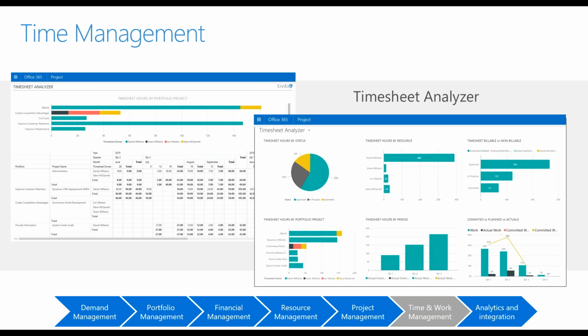And then if we capture this information on time-phased actuals against our projects, we can start getting some very rich time management information. Reporting that's available in the connected Power BI solution that has an out-of-the-box connection to Project Online allows us to slice, dice, and visualize this time reporting information both from an hours and a cost perspective in a variety of different fashions.